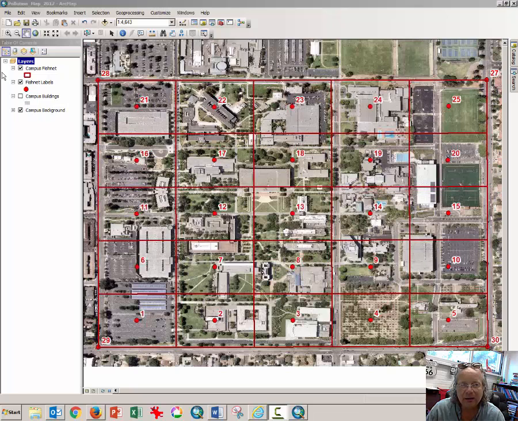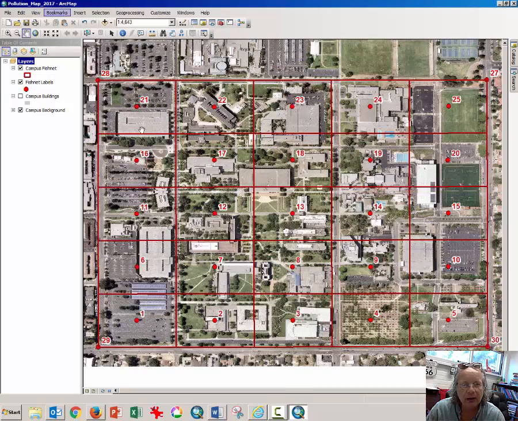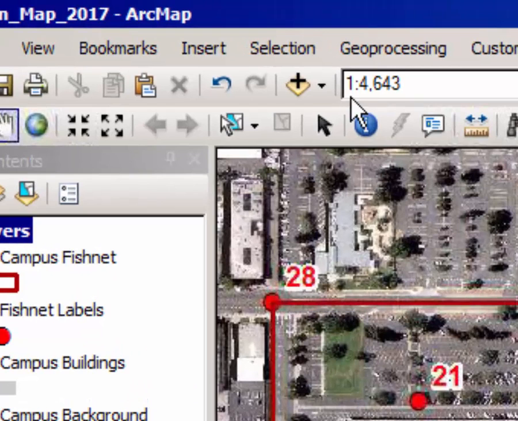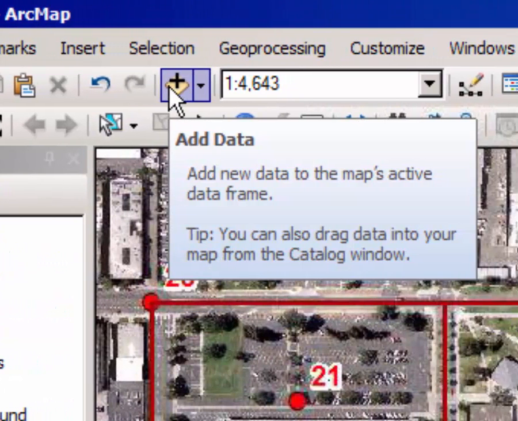image. So your task for this lab is to add the data that you collected using the particulate matter samplers along with your class. Your instructor will have added the data to this file, hopefully, by the time that you are to part 2 of this lab, which is what you're working on now. In order to add that data, which is a spreadsheet, you will click on the Add Data button,